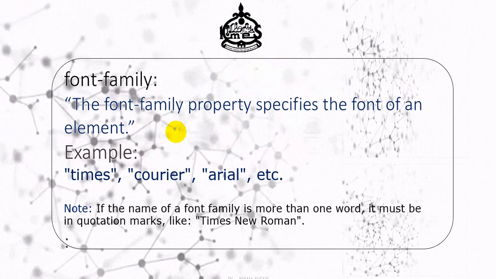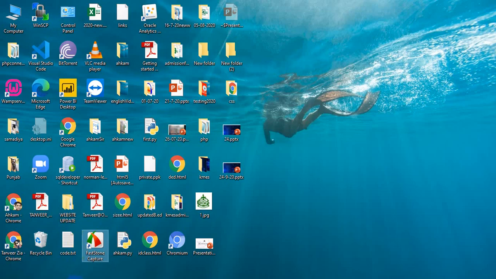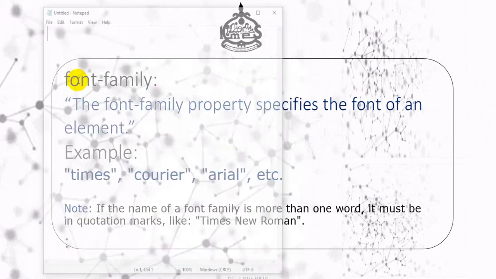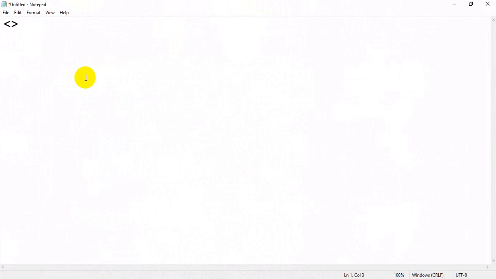Okay, so I am going to my desktop. I will search Notepad. So it is a Notepad. Now I am writing code inside HTML5, so I will write doctype. What is a doctype? Doctype is HTML. This line shows that I am writing code inside HTML5. So the first tag and last tag of HTML5 will be